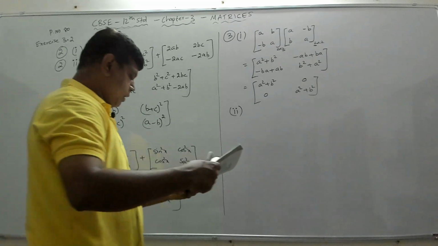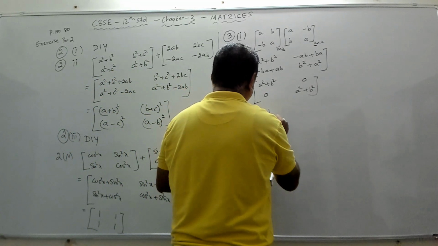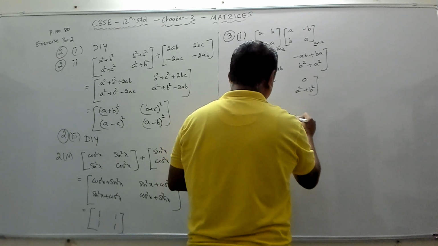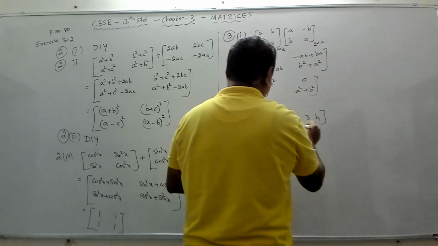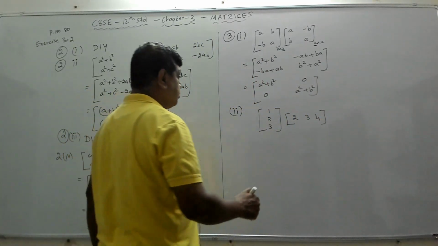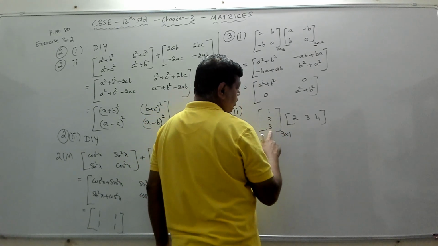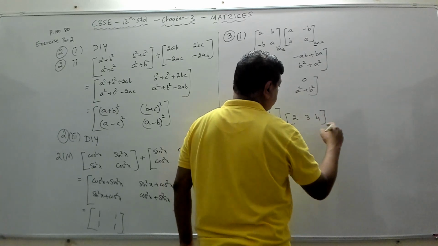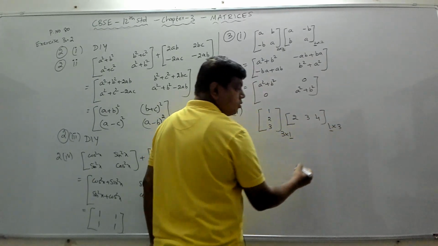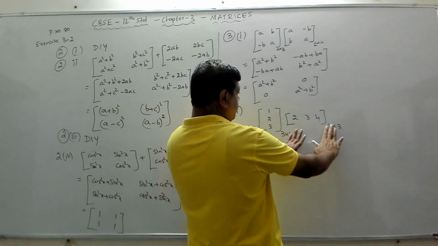So we have to multiply the matrix 1, 2, 3 with the matrix 2, 3, 4. We have to multiply these two matrices. Now the multiplication is possible because this has 3 rows and 1 column, so the order is 3 cross 1. This is 1 row and 3 columns, so it is 1 cross 3. The number of columns is equal to the number of rows, so we can multiply. And when you multiply these two matrices, the resultant matrix will be of order